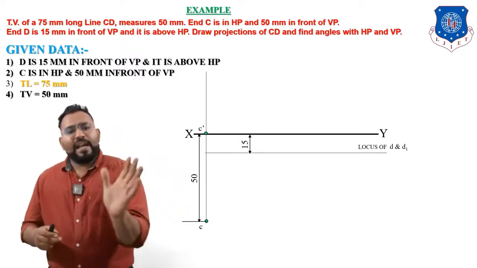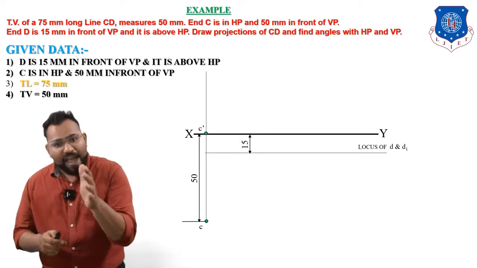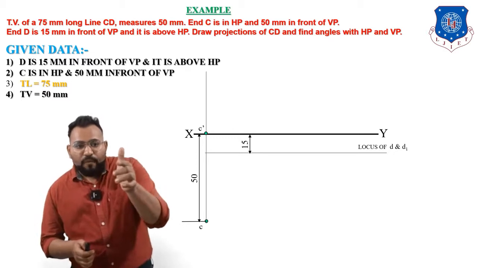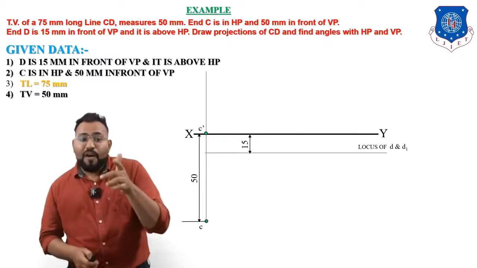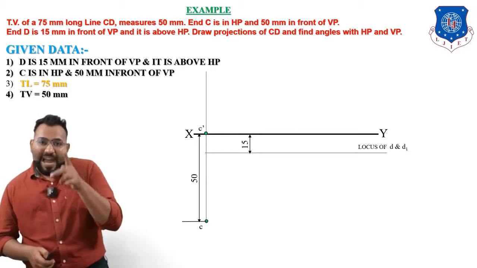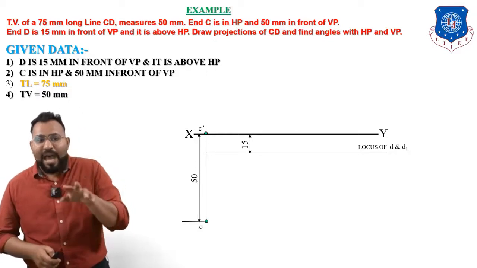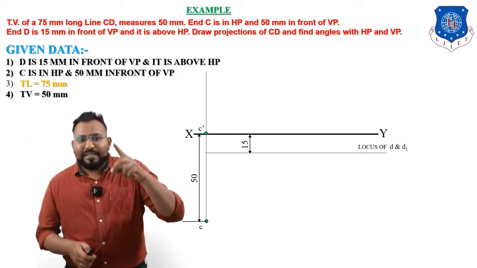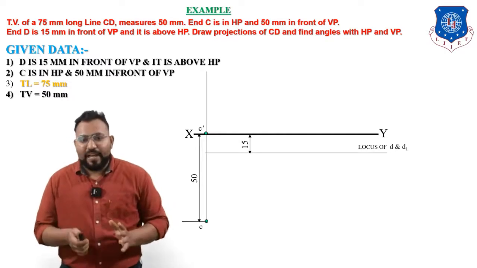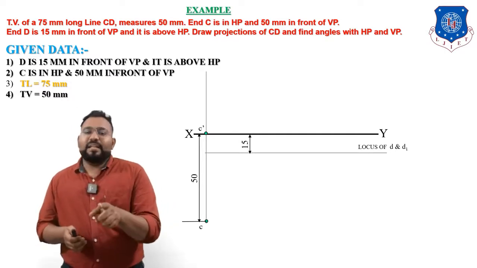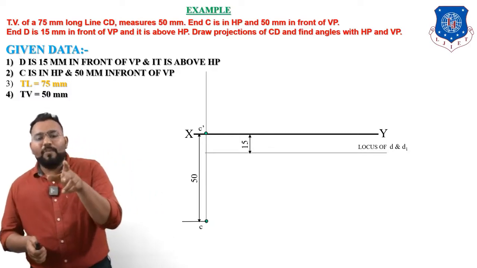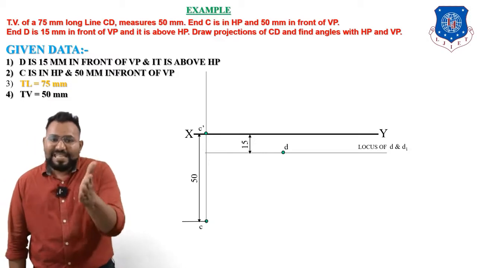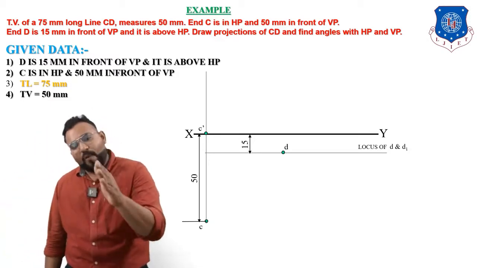Now why have I done this and why have I not directly marked the point D randomly? Just see the next step very carefully. Here the value of top view is given, which is 50 mm. So now using this value of top view, I can mark exactly the position of point D. How? Here you can see that the value of top view is 50 mm. So what you will do? You will take a distance of 50 mm in your divider and, with C as a center, put an arc on the locus of D and D1, and whenever it intersects, it will be your point D. So this is how you can mark the exact position of point D.